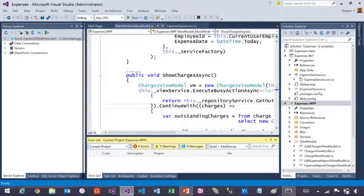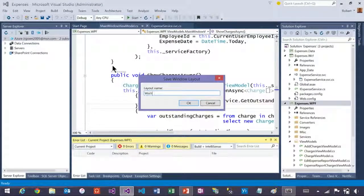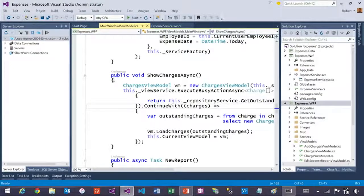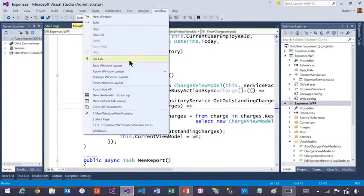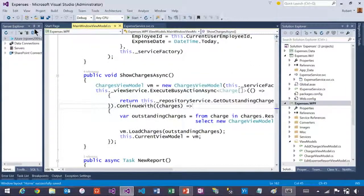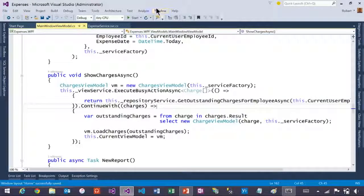And I want to be able to save this layout. So what I can do is go to Window and Save Window Layout. And I'll give it a name. Let's call it Work. Okay. Now when I'm at home, I have a smaller monitor, so I don't want this up necessarily, and I want this really small. So I'm going to save this window layout as Home. And then there are times when I just want all code. Yes, I can use the Shift, Control, Alt keyboard combination, or whatever it is. But I'm going to do something like this, and I'm going to call this